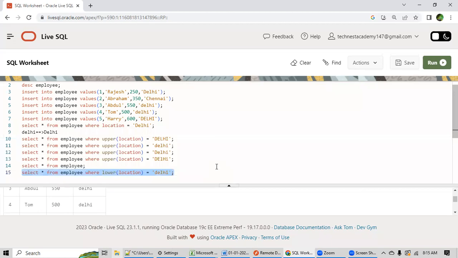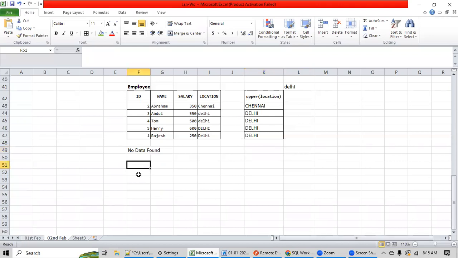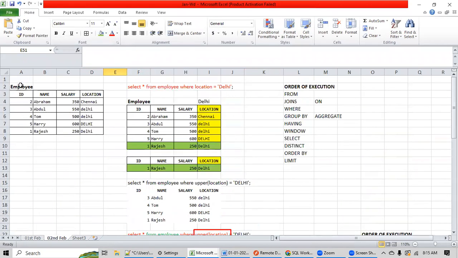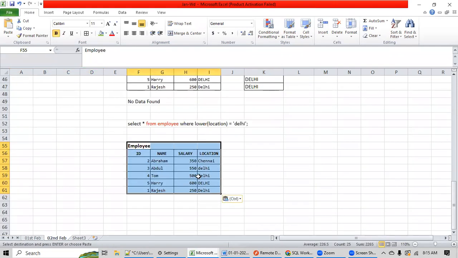Now let's analyze this query. This time I want you to help me in analyzing it, and trust me, you all know the answer. Just think over this. Here, which keyword will be executed first? The FROM keyword will be executed first. What is the meaning of the FROM keyword? Take the copy of the original table data and keep it in a temporary memory. So the FROM task is done.